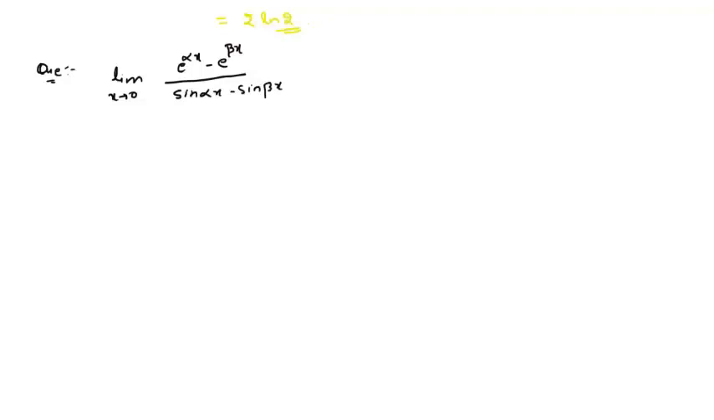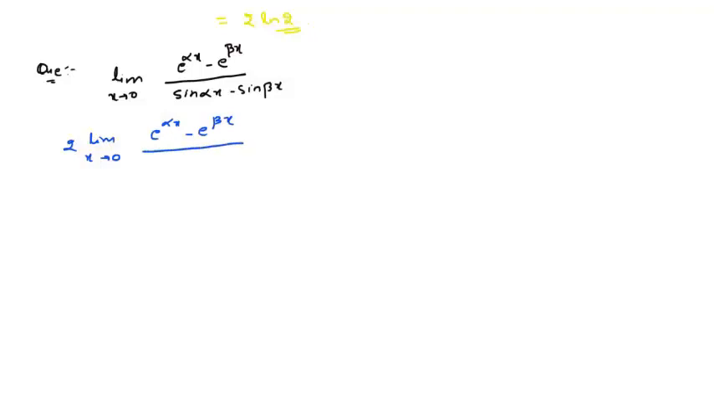Again it is a 0 by 0 form, so I am telling you again, you can apply the L'Hôpital rule, but we'll try to solve it using the standard limits. So what we can do here is write this as limit x tending to 0, and if we multiply and divide this by 2, I can take 2 outside. What I am having is e raised to power alpha x minus e raised to power beta x whole divided by